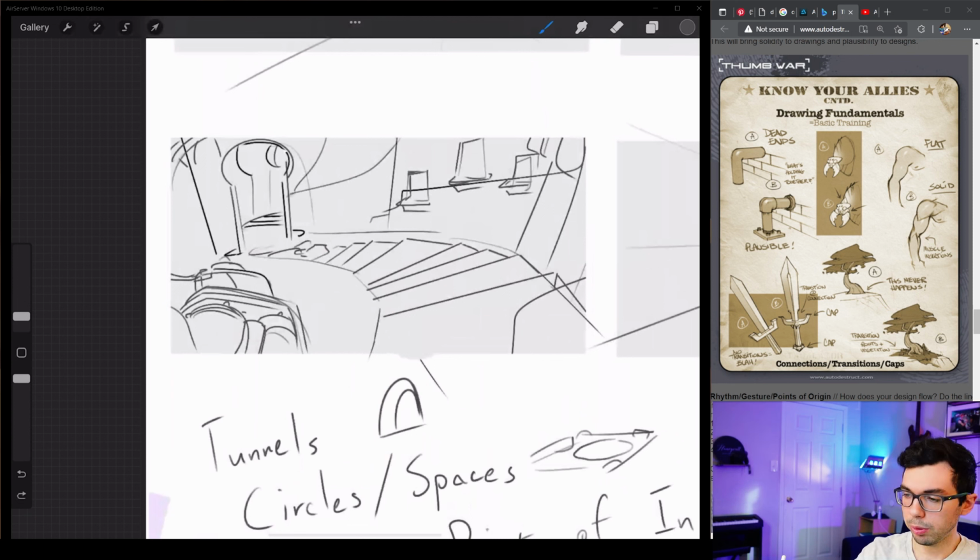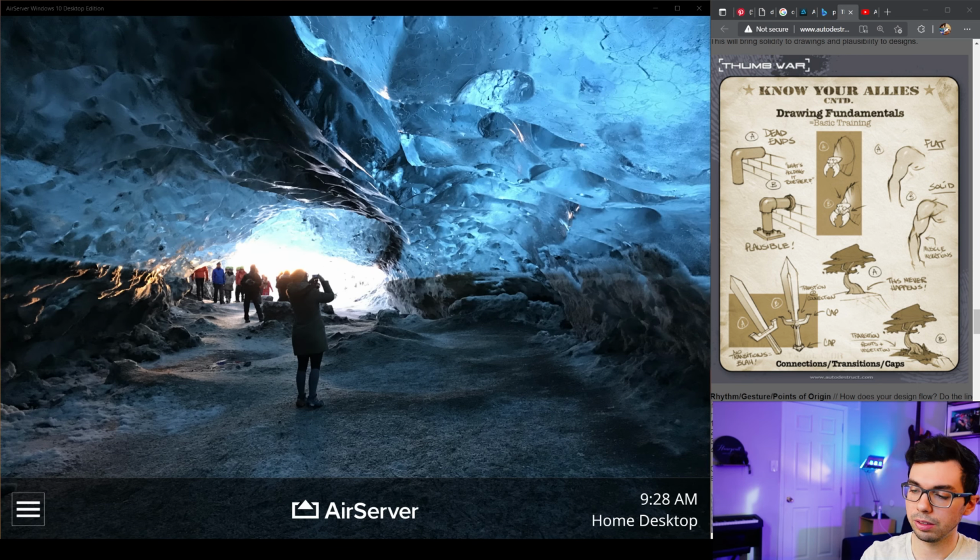This one was a point of interest. If I want to show a circle space, let's think about it here. Maybe we have it. Again, it doesn't have to be a circle. It's just